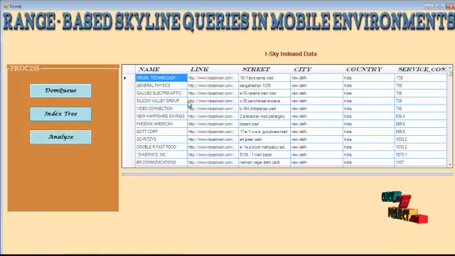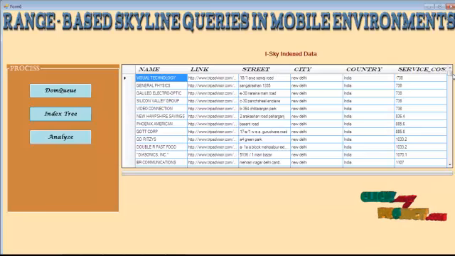We can sort out those records by means of the service cost. That is, for the user constraint, the index tree is constructed based on the service cost. The topmost record will be the information of the hotel which has the least service cost. Then we have to analyze whether the user-given information lies in the I-sky model or